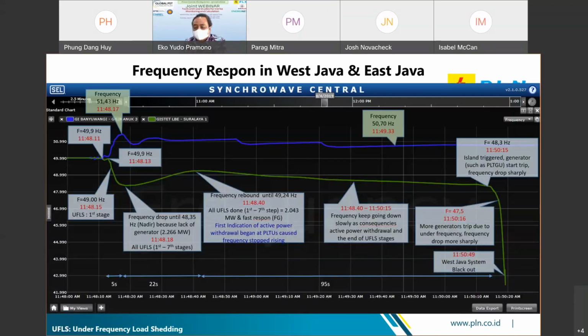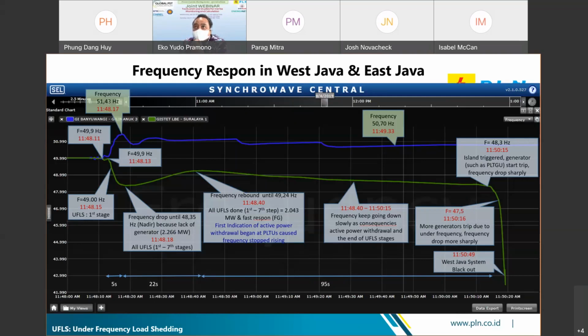Okay, thank you. This is interesting: frequency response in West Java and East Java. The blue line is the frequency response in East Java, and the green line is the frequency response in West Java. You can see the